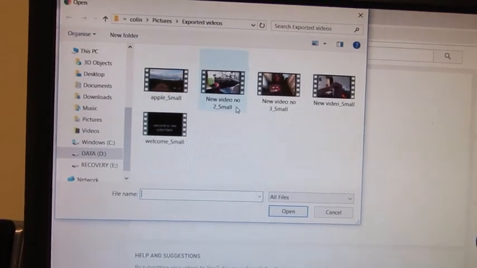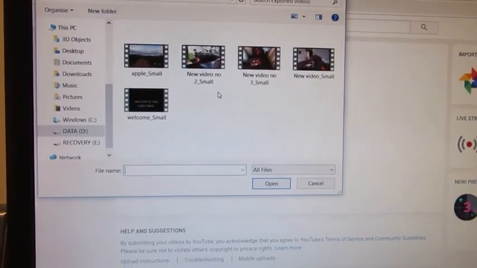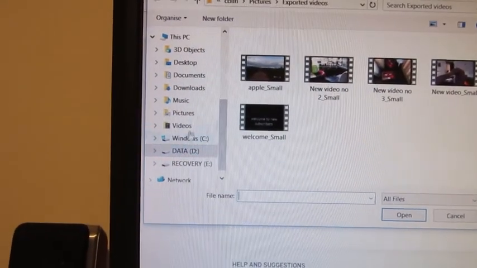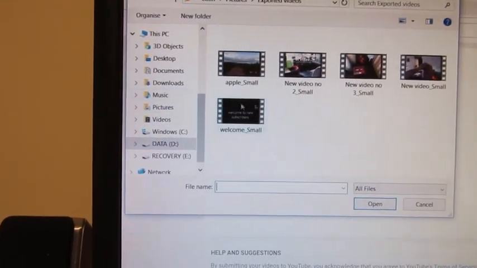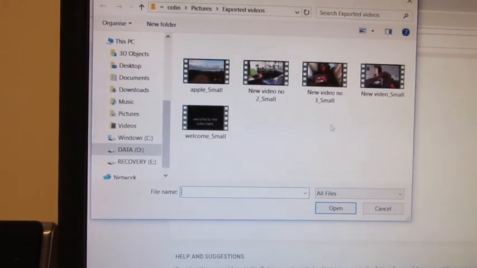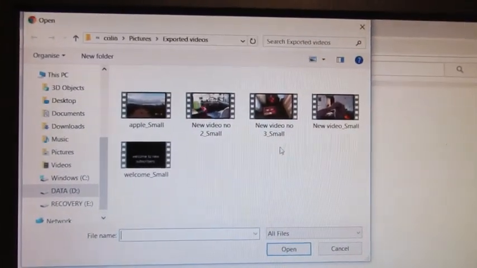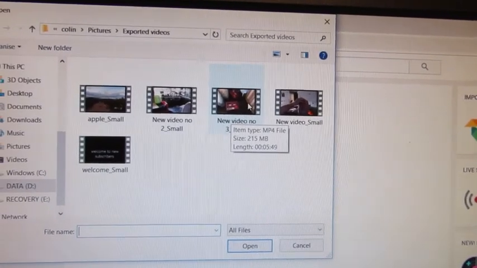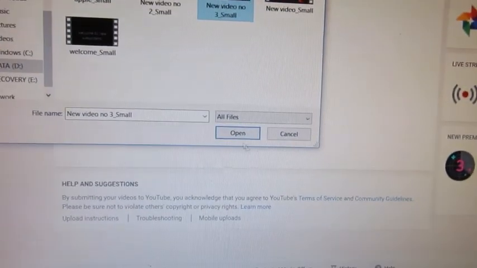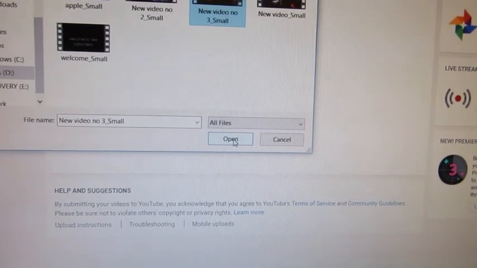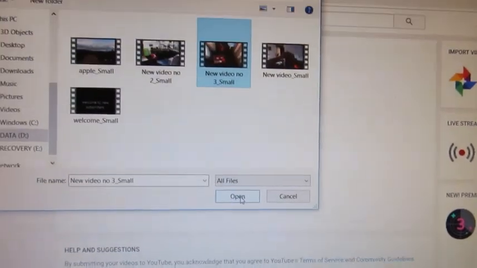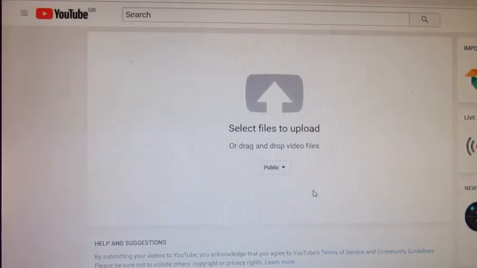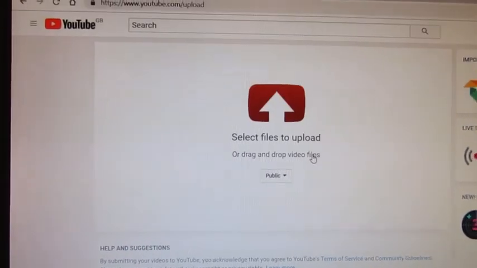This is automatically coming to this one, but normally my pictures comes up, as you can see down the side, and they're not in that folder. So basically there's the video I've just made. I can then click on that and then go to open the folder here, and it will carry on uploading to YouTube, which is, then you just do your normal thing. I'm going to cancel that. Okay,